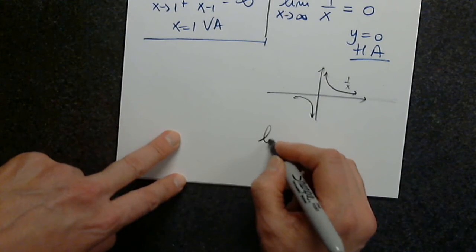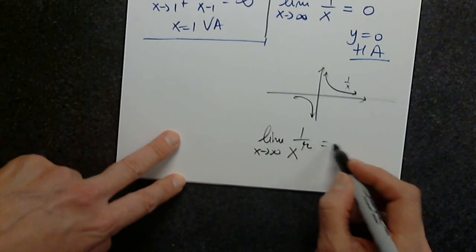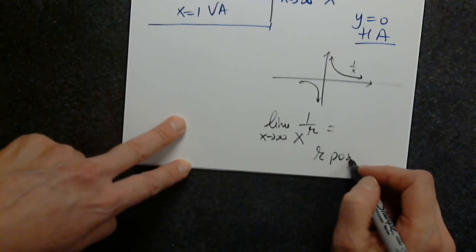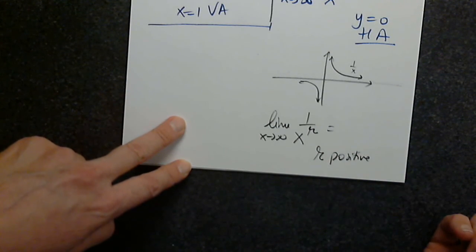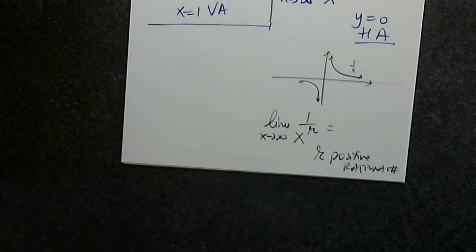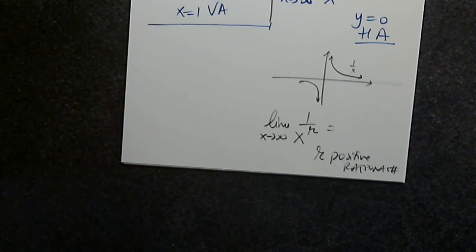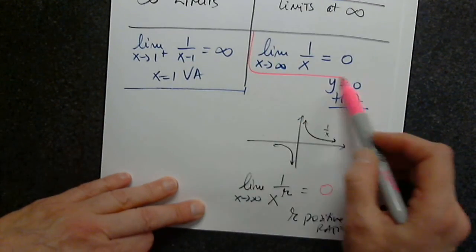Now, what will you tell me about the limit of 1 over x to the power r when x approaches infinity? And we say r is a positive rational number. What will you say? Because if it's negative, the situation is different. It will change. It will come back to the top. But if it's positive and stays in the denominator, the expression x to the r power stays in the denominator. What is the answer then? Of course. So please keep this in mind,